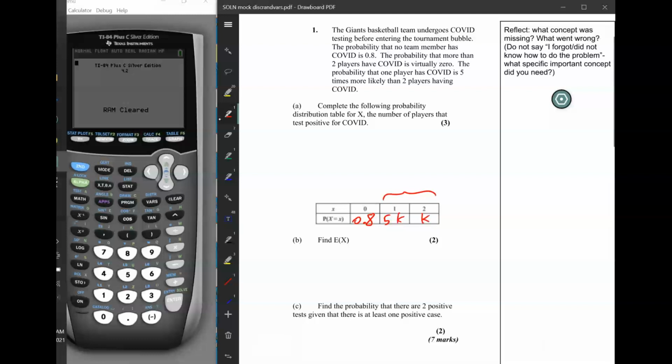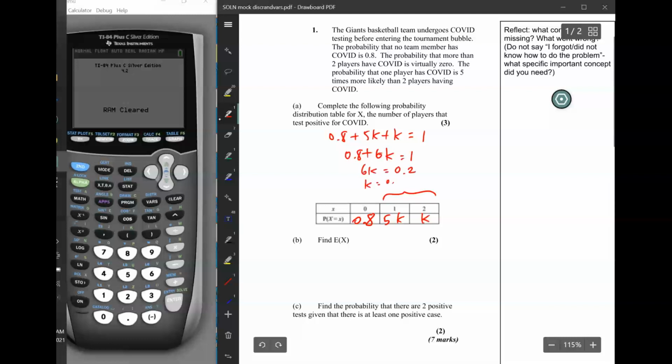And the other important thing that we always know is that a probability distribution table's probabilities should add up to 1. So if we add up 0.8 plus 5K plus K, it should add up to 1. And now we can make this into an algebra problem. 0.8 plus 6K equals 1. 6K equals 0.2. And then K is equal to 0.2 divided by 6, which is equal to